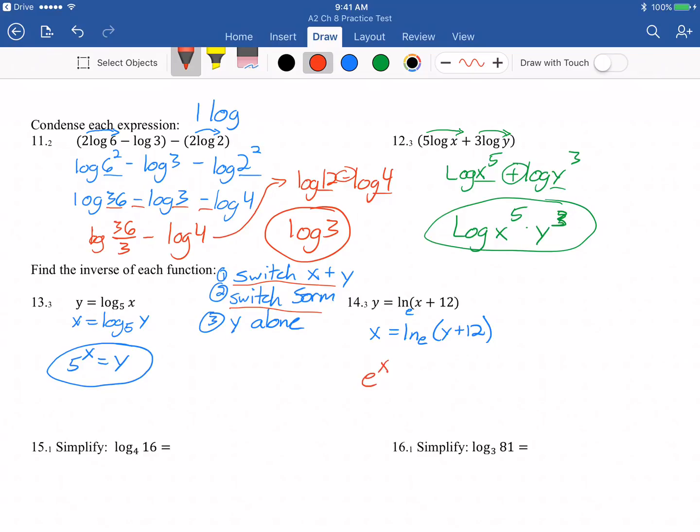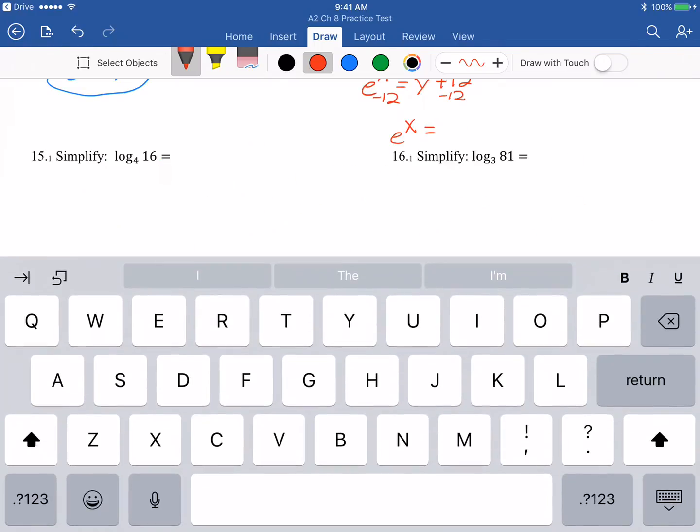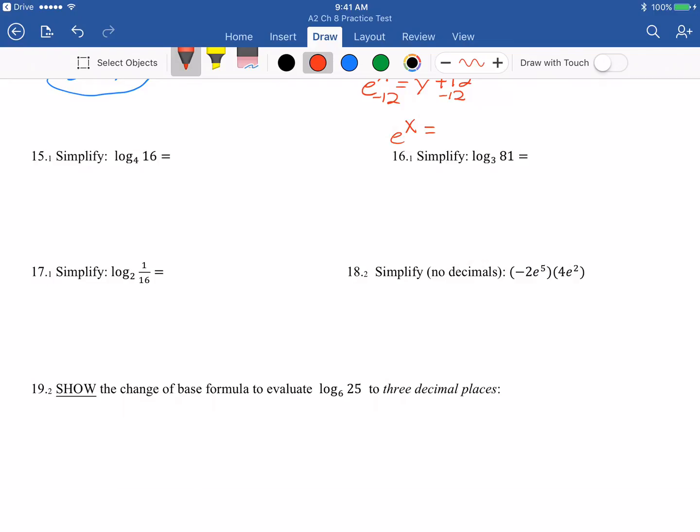So this is e to the x equals y plus 12. Okay, can subtract that 12 the other side. I get e to the x minus 12 equals y. Final there. All right, we're getting there, folks. We're getting there. All right, so 16 or 15 and 16 are asked us to simplify,